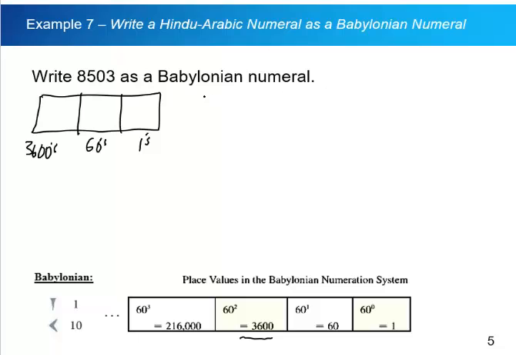So I want to know how many times does 3,600 go into 8,503? We divide. And we get 2 point something, but the important one is it's 2, meaning a 2 goes here. 2 times 3,600 is 7,200. We subtract, and we have remainder